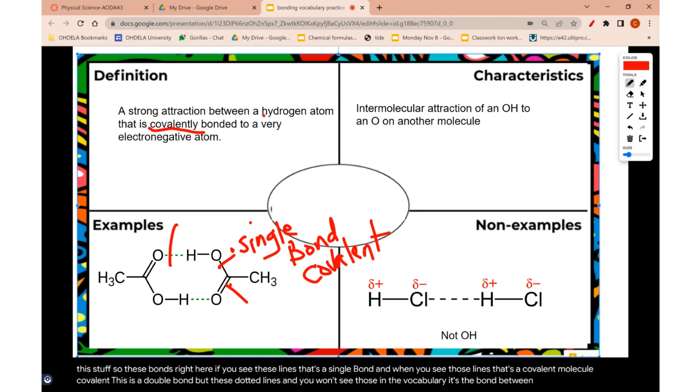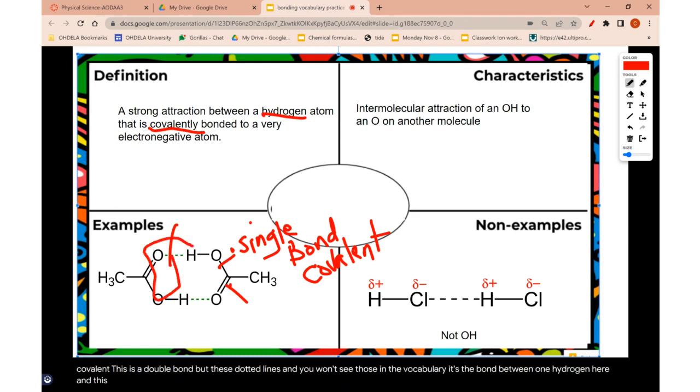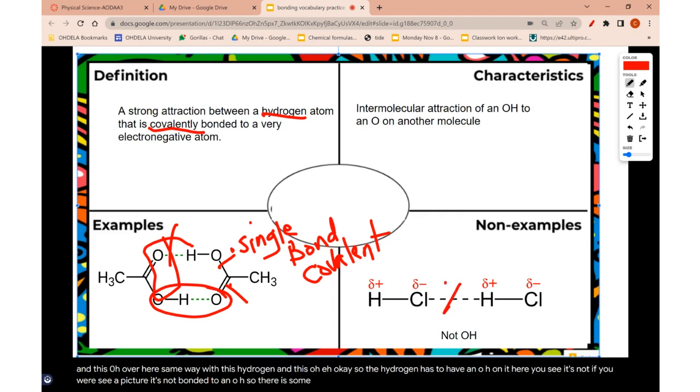It's the bond between one hydrogen here and this OH over here. Same way with this hydrogen and this OH. Okay, so the hydrogen has to have an OH on it. Here you see it's not, if you were to see a picture, it's not bonded to an OH. So there is some